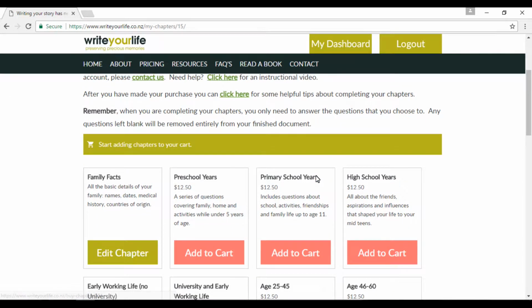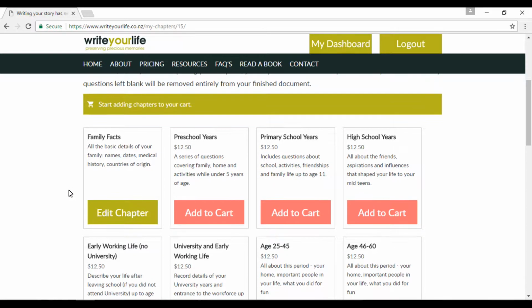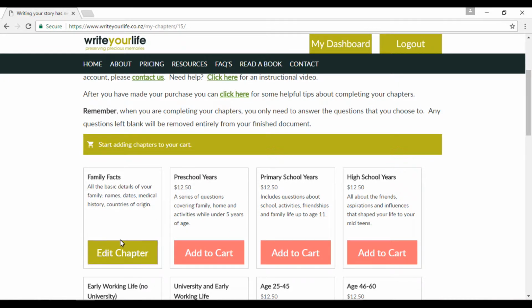Okay, and then if we scroll down a bit, we can see all the chapters that you've currently got in your book. This one has just got family facts at the moment, so I'll do a bit of editing on that just to show you how it all works. So if I click here on edit chapter,